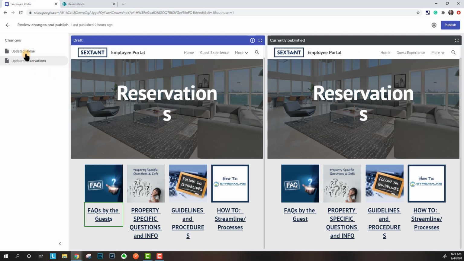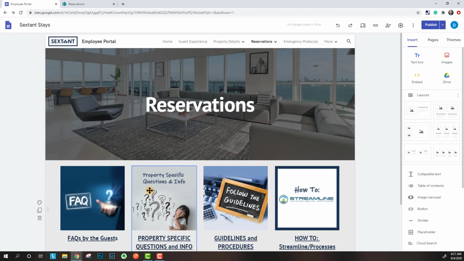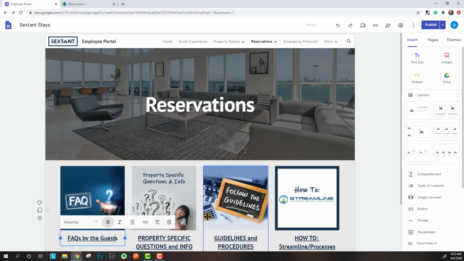If you don't want to publish it, just don't do anything, go backwards, and then just go message that person and say, hey, on your page, there was this change made. Did you really want this to happen? Or I don't know if this is a good idea, or whatever. You can do your dialogue. So, but I think that's probably the most important pieces for you as far as the understanding of the publish, because